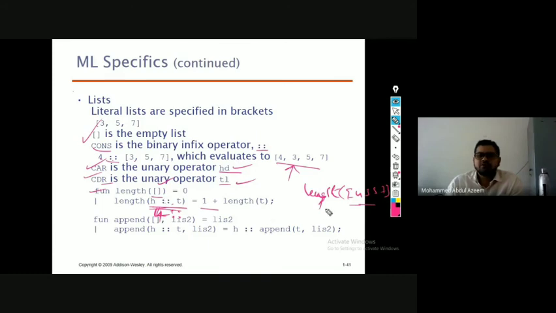Means length of 357 will be sent, so you will get 357 as the parameter. Then it again checks for the first matching. The first matching is not successful. Then it goes for the second definition, where again the list has to be represented in the form of h cons tail. What is the head part of 357? It will be 3 here.